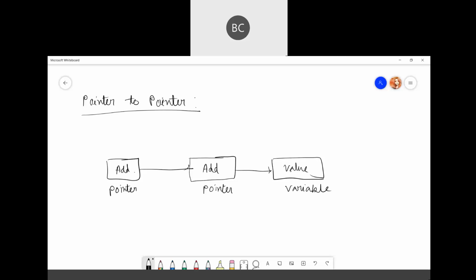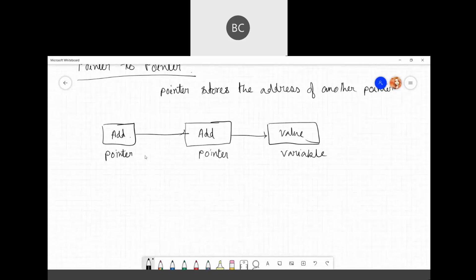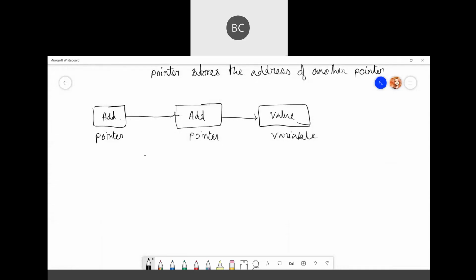A pointer to store the address of another pointer. Okay, we have a particular syntax for it. We can also call it a double pointer.